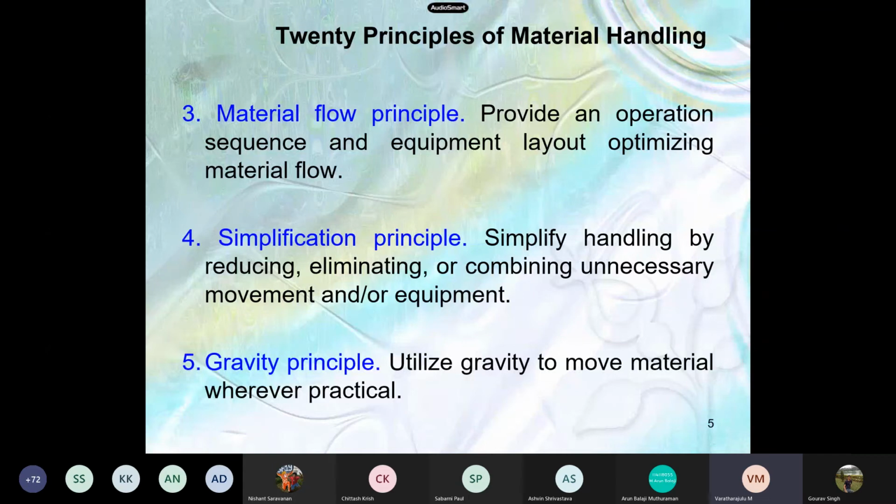We can use gravity as the power. The flow has to be natural; nature itself we can utilize for the movement. Therefore there won't be any additional power requirement to transfer those materials. And in that way we need to arrange our materials, and the